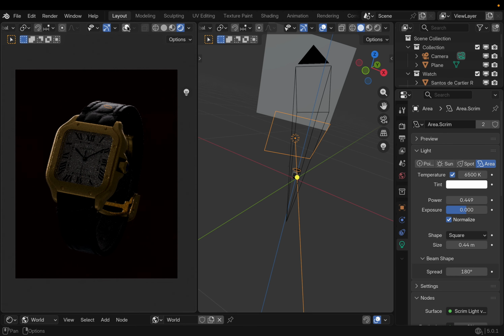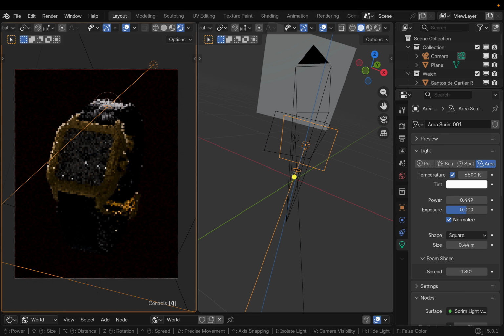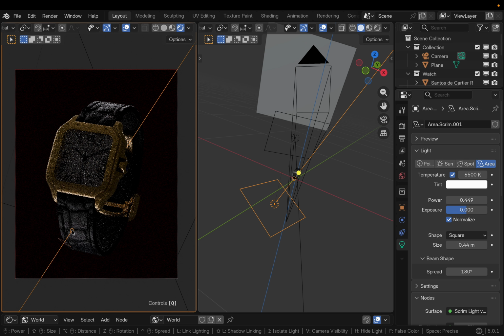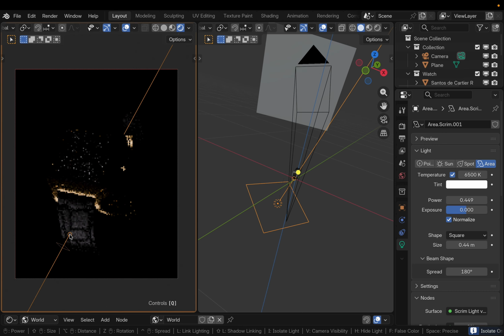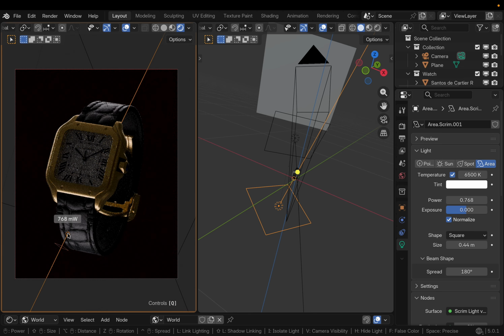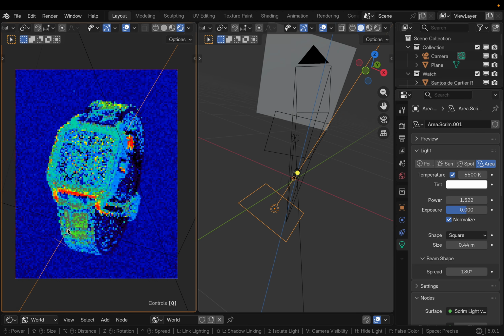Okay, here I'm duplicating the same light and moving it to a different position to highlight the bottom part of the band. Hitting I to isolate the current light to see its effect in isolation. Cranking up intensity. Here I'm switching to the false color mode using the F shortcut. That helps me